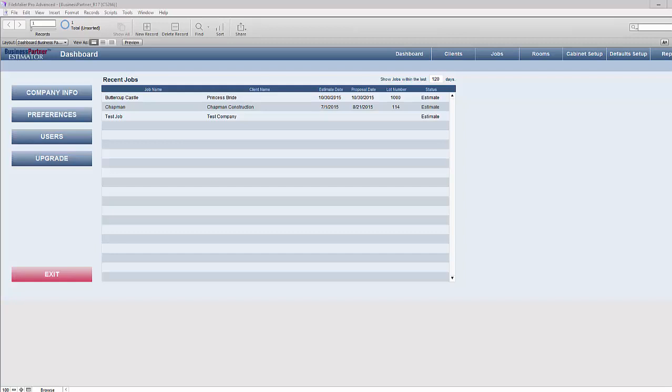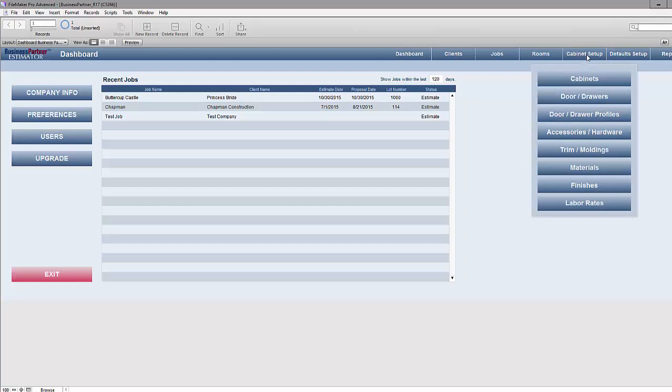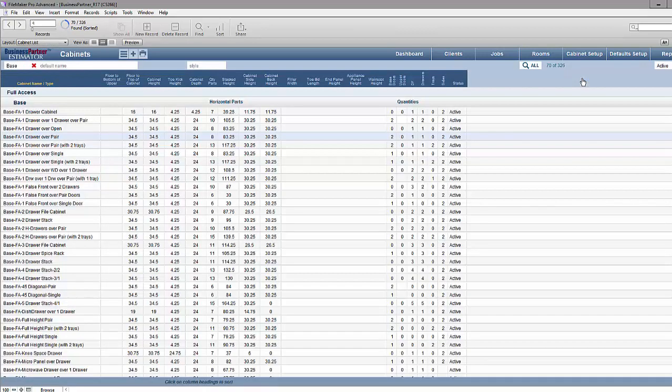In this tutorial, we'll be looking at setting up and managing cabinets. So from the dashboard, you would click on Cabinet Setup, and as you can see here, most anything that would make up a database is listed. So your cabinets, your doors and drawers, your drawer profiles, accessories, hardware, trim, molding, materials, finishes, and labor rates. In this tutorial, we're going to concentrate on cabinets, and in almost every database, the first thing you'll see will